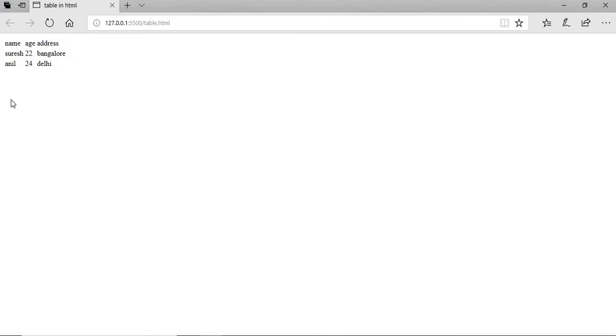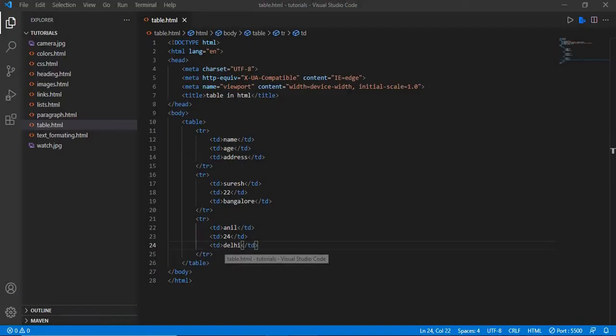Here you can observe name, age, address. These are the headings, right? So how to give headings in a table? For that we'll use the th tag. th stands for table heading.